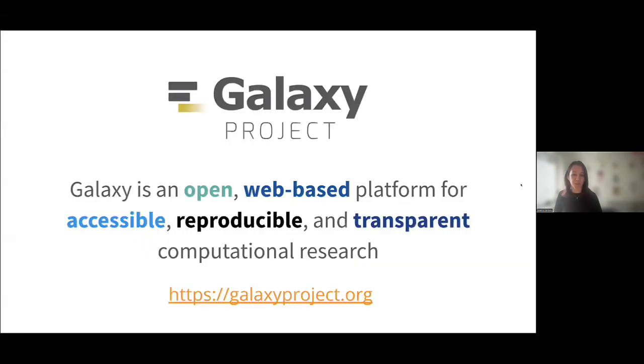The first thing that we need to start this webinar is to define what Galaxy is. You may have heard of it in different disciplines as well. Galaxy is a data analysis platform that is open source, so you can take the code anytime and also contribute to it. It's web-based, that means you don't need to install anything, you don't need dependencies or any of these things, you just need your browser to do this analysis. It's accessible for everybody, so it's not only open source, but also open infrastructure that you can use for free, and you only need to create an account in a server.